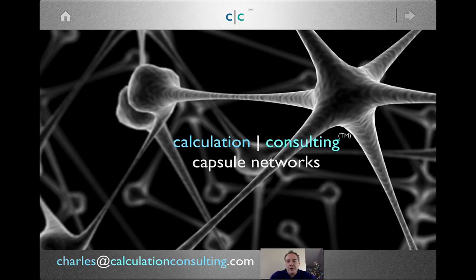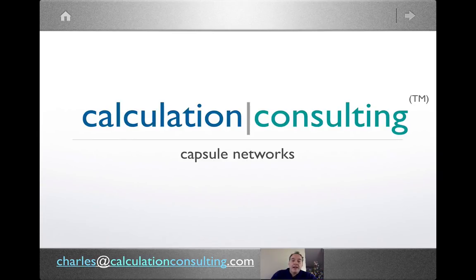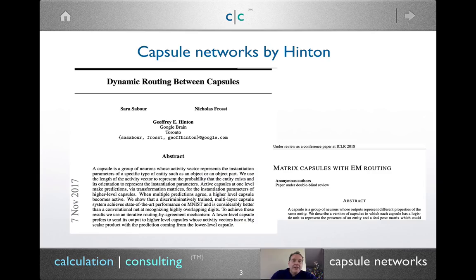Today, for the next hour or so, we're going to be taking a look at a really exciting advancement that's come out of deep learning in Google Brain this year called capsule networks. Developed by Geoffrey Hinton at Google Brain and his collaborators, this is a very exciting development in visual processing. Something that Hinton has been working on probably since the 80s. And it's a pretty exciting time to see him produce 2 papers on the subject